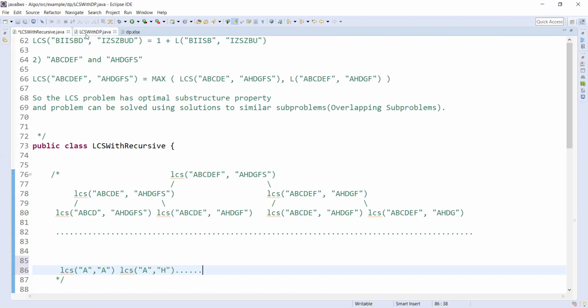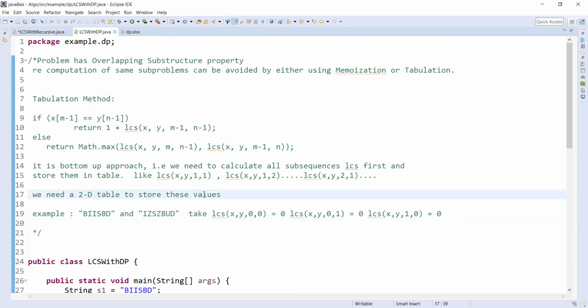In that way, we can iterate linearly. As we need to compare two sequences here, we may need a two-dimensional table.